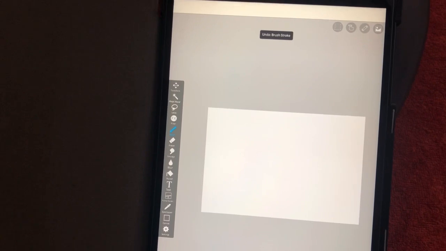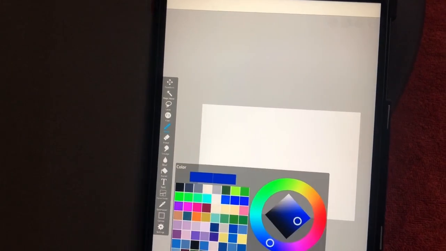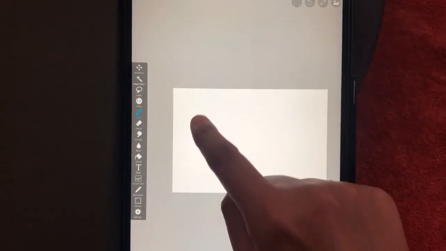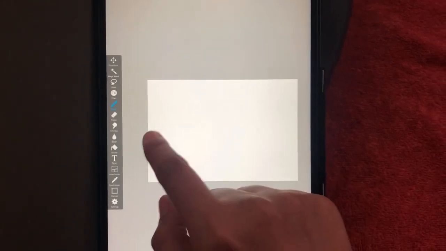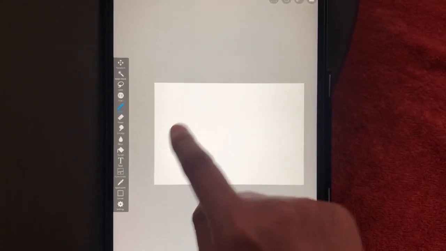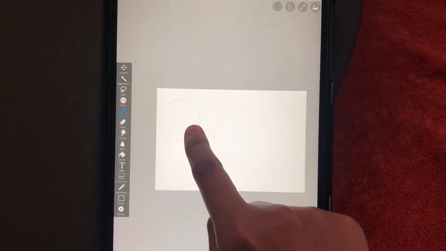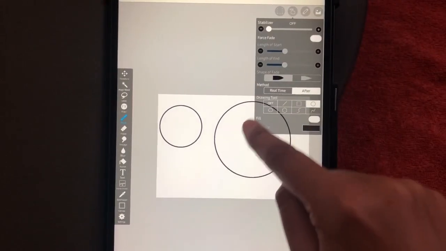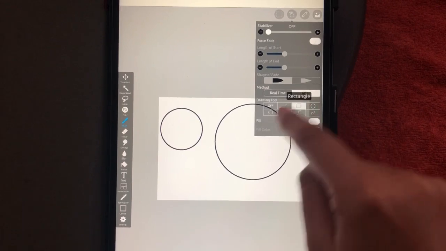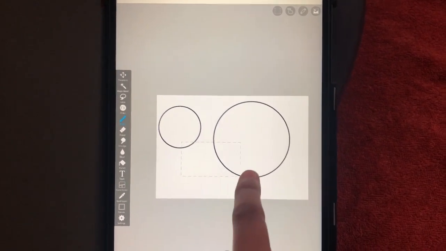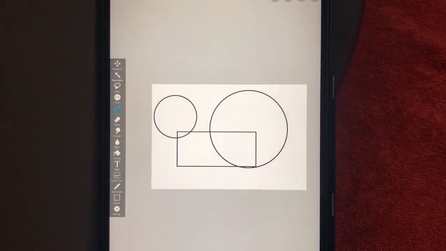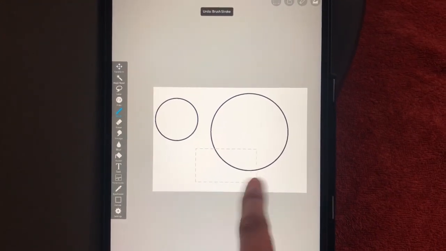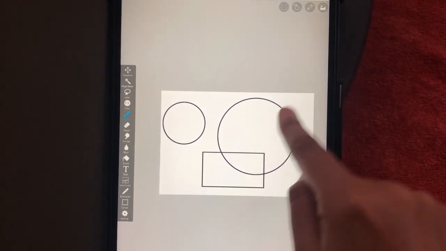Okay, so basically what we'll do is we'll keep the outline black, and whatever colors we fill inside will be of our choice. So I draw a circle here, I draw another big circle here. I want to include a rectangle here. I'll draw a rectangle here, and I'll draw a square here.